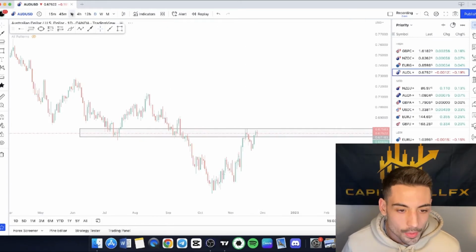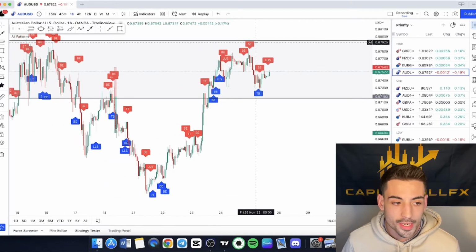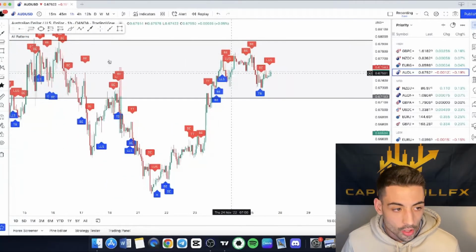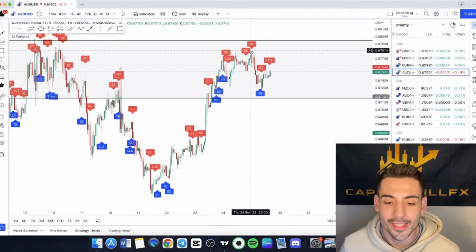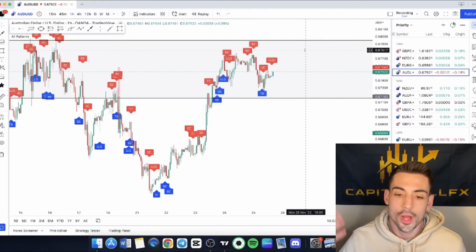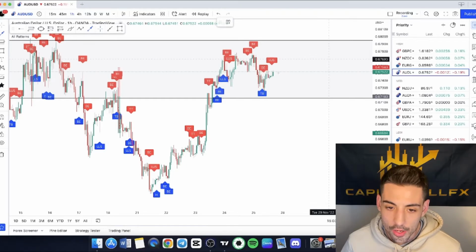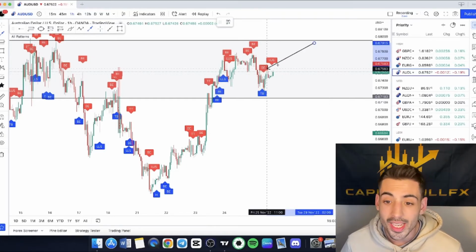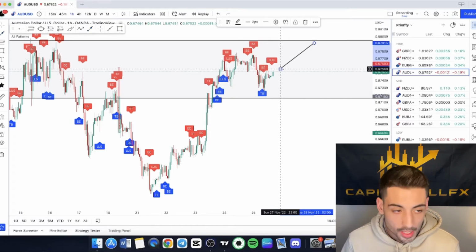If we go down to the hourly time frame, we can see that price has had significant bearish price action around this daily horizontal level and these previous highs. We could see all the red identifiers, I like to call them, and all of the bearish price action that is sort of developing around the significant horizontal level. If we do print another bearish candle, whether it's a bearish engulfing, a nice bearish wick around the significant horizontal level, I will be looking to place a sell